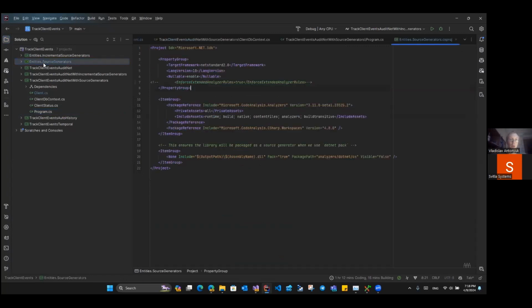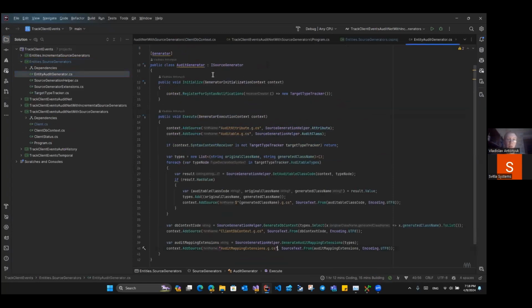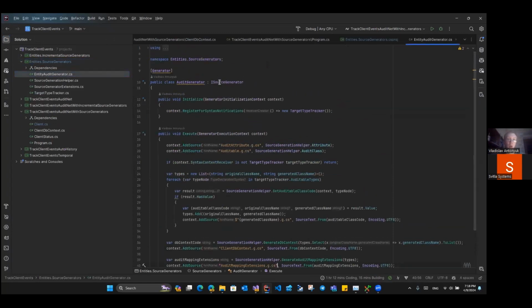Let's go back to our project and see how to create source generators. First of all, to create source generators, you need to create a .NET Standard 2 library and add these two packages, Microsoft.CodeAnalysis.Analyzers and Microsoft.CodeAnalysis.CSharp.Workspaces. These two packages are required. After that, you will need to create and implement the ISourceGenerator